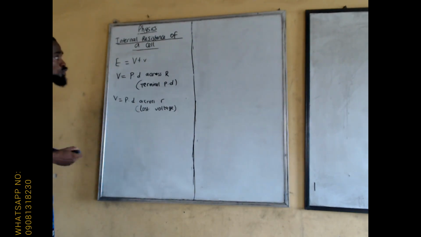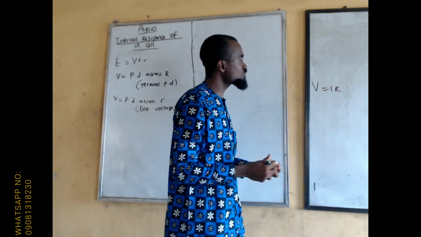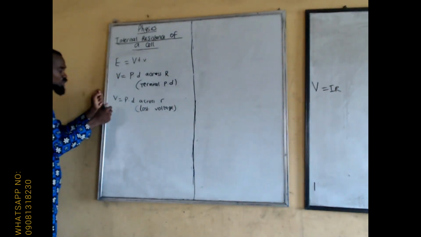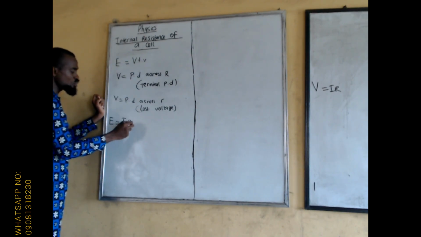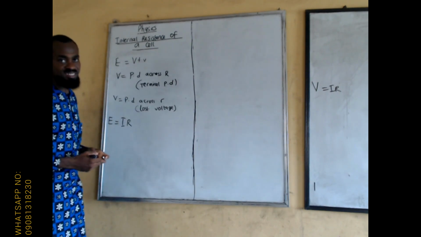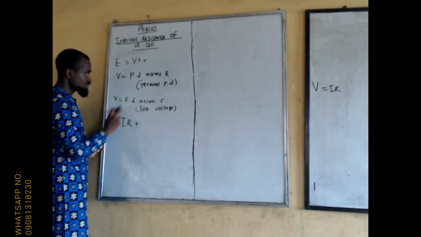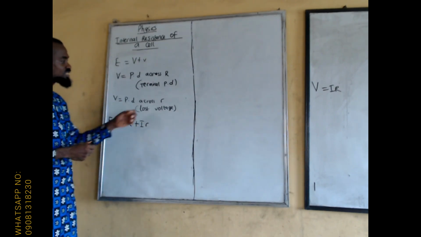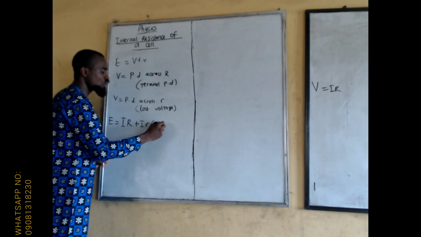And as we know from Ohm's law, V is equal to IR. Potential difference equals current times resistance. Now we can modify this to become E is equal to, instead of big V, I big R, because it's coming from the external circuit, the external resistor, plus this, you see I and small r, because it is the potential difference inside the internal resistance. But we are using the same I, that is to say I is the current